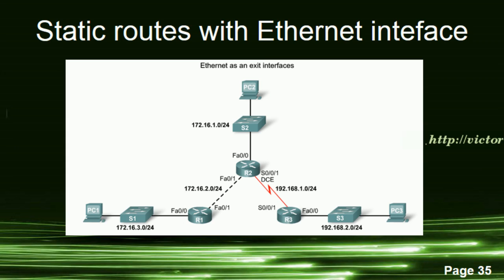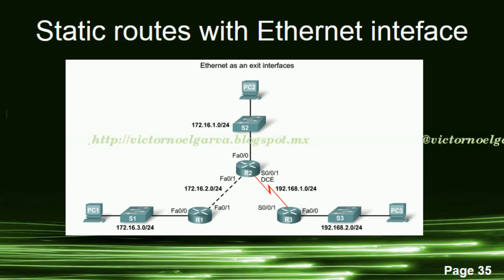Ethernet interfaces and ARP. Sometimes the exit interface is an Ethernet network. Suppose that the network link between R1 and R2 is an Ethernet link and that the Fast Ethernet 0/1 interface of R1 is connected to that network, as shown in the figure. A static route, using a next hop IP address for the 192.168.2.0/24 network, can be set using this command. ip route 192.168.2.0, 255.255.255.0,